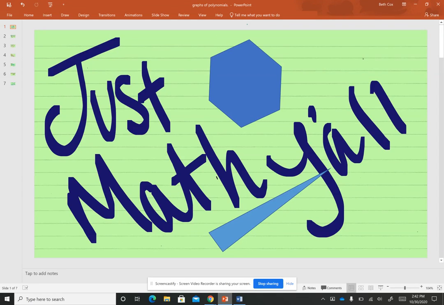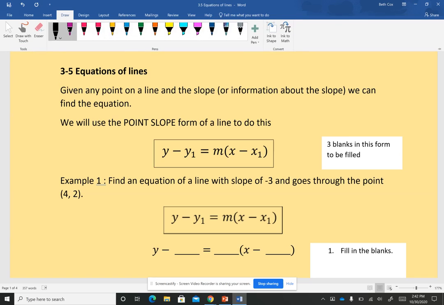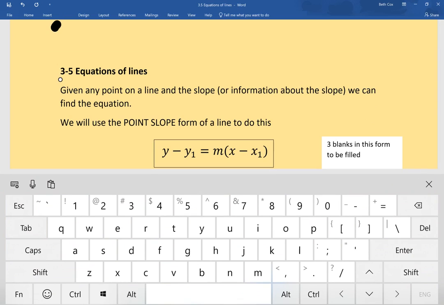We're doing equations of lines today. So real quick, we have been doing graphing. We did graphing from equations of lines. So just kind of recap where we've been. What we did in the last video, we had